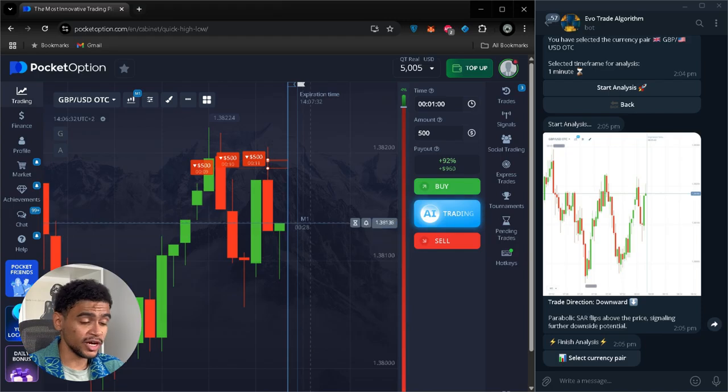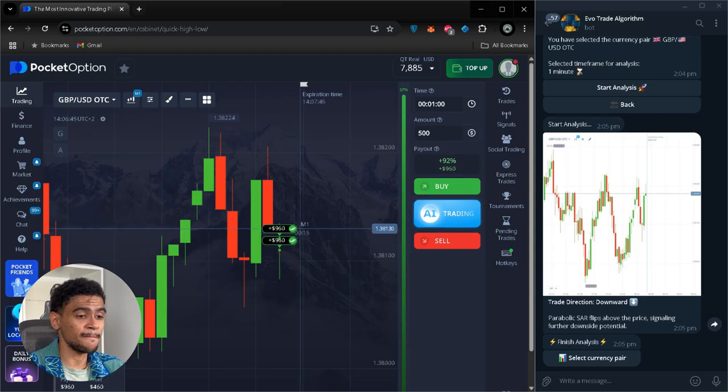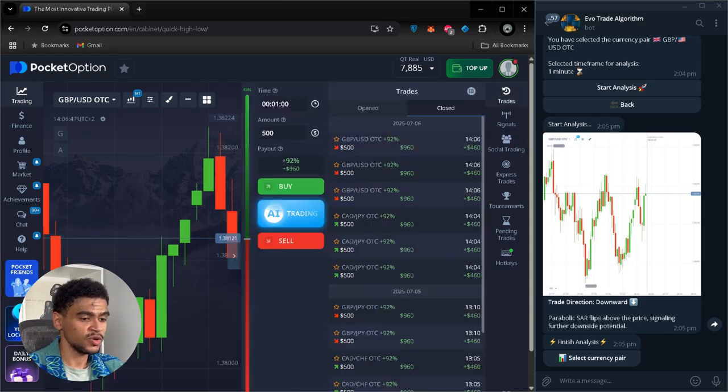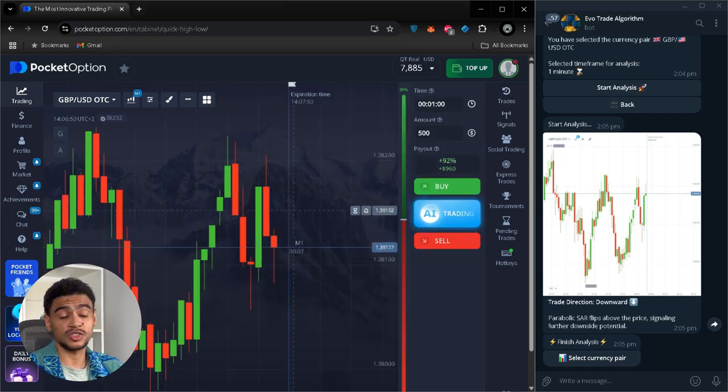And once again, what a killer trading tool. And look at that, the payouts on OTC market are absolutely booming, 92%, and we get another one in, and this is another $1,500 of profit. And look at how amazing this is. And there you have it, we spent literally 2 minutes in the market and made almost $3,000. Beautiful. So let's go ahead and finalize this with another trade, and maybe let's hit up a crypto OTC, which is highly volatile,